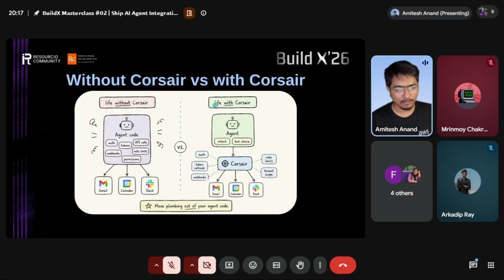So, life without Corsair and life with Corsair. Recently I was talking to one startup. They are from IIT Patna. They are building a company memory layer, or you can say a company brain. So every context from tools like Asana, Notion, and every decision from Slack, Discord, everything is collected in one place, and there is a dashboard to chat with it and assign team members. So it needs lots of integrations with Gmail, Asana, Notion, Linear, and whatnot, Salesforce, Discord. So they were trying to build it themselves.